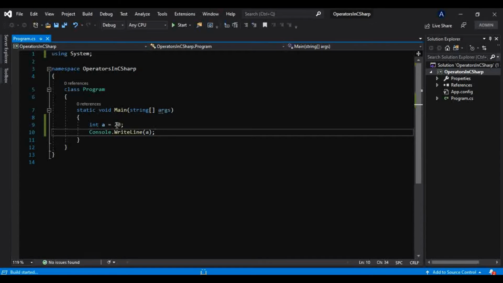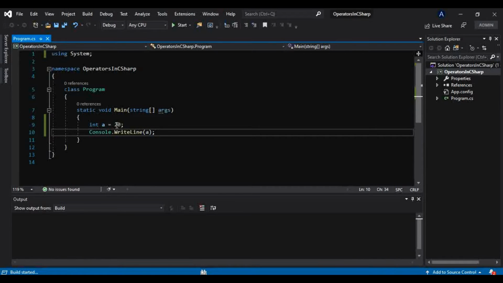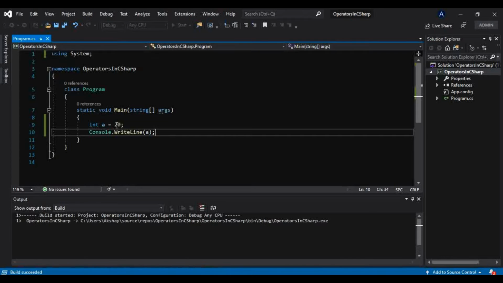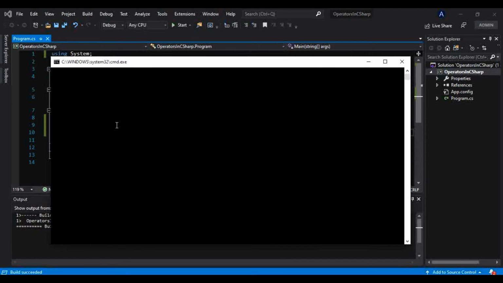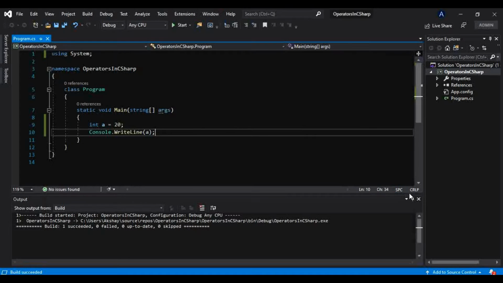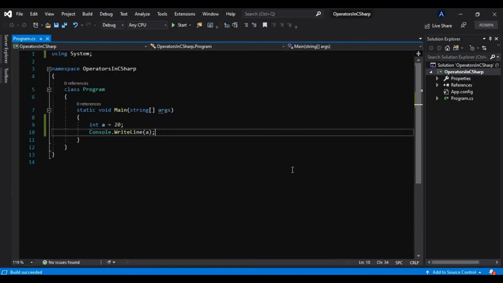Let's run this project. Okay, so we are getting our output. It is nothing but a simple assignment operator, that we can assign any value to the variable by using this equal to operator.